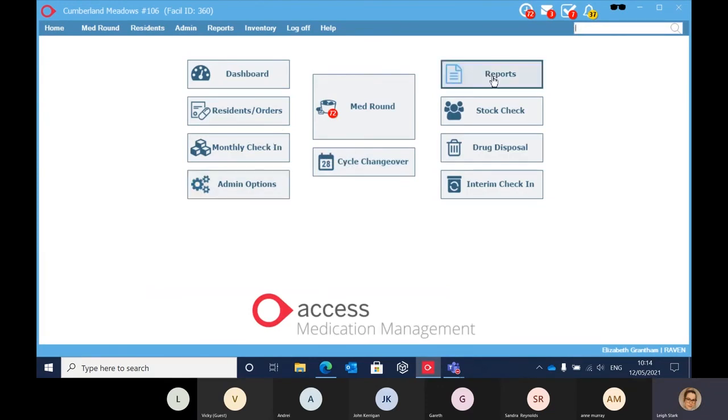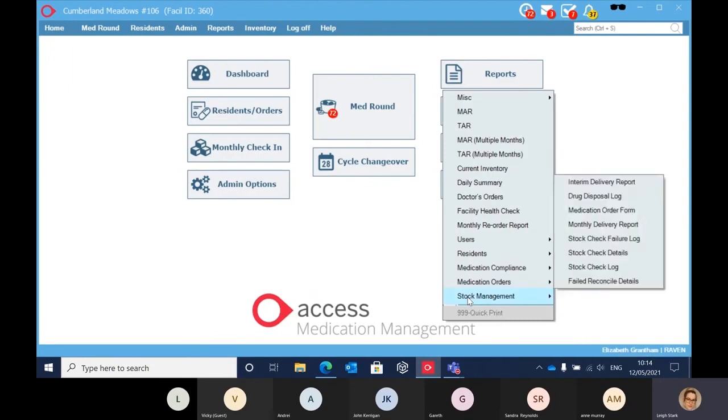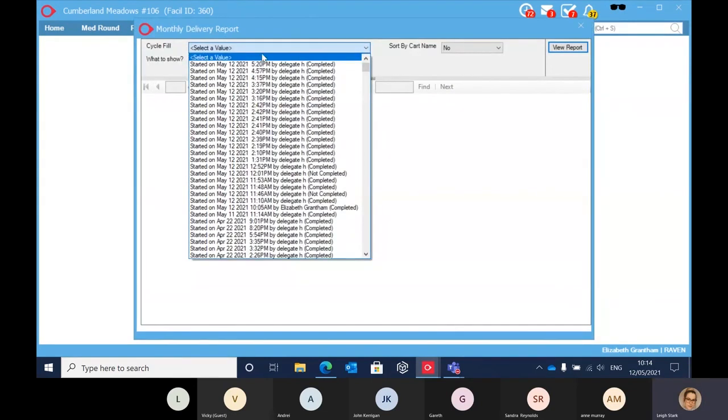If you wanted a printed version of that query list that we had on the left-hand side, you would come to reports, you would come to stock management, and then you've got a monthly delivery report. And then what you can do is filter down. So you choose your login booking in that you've just done,